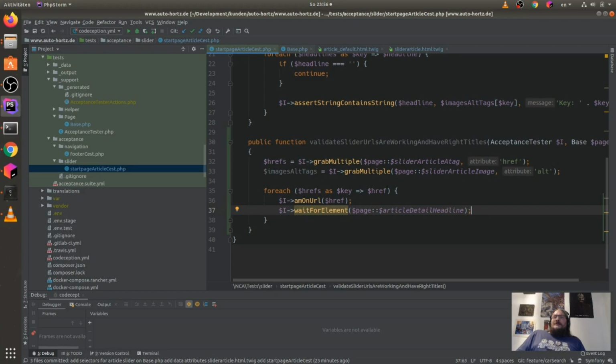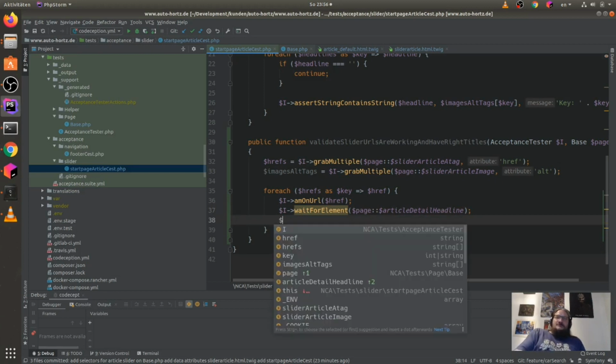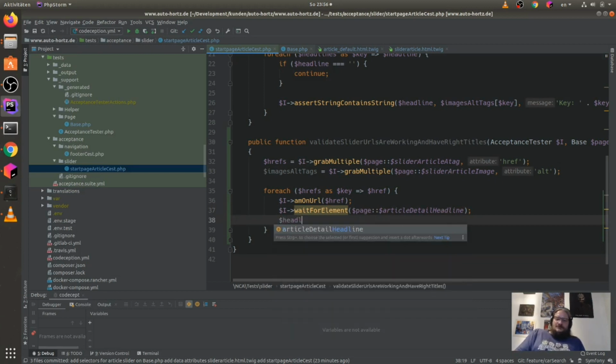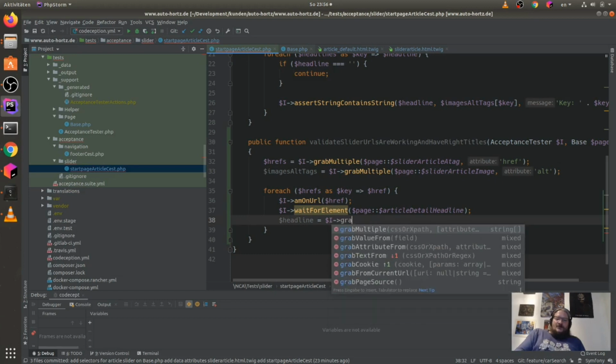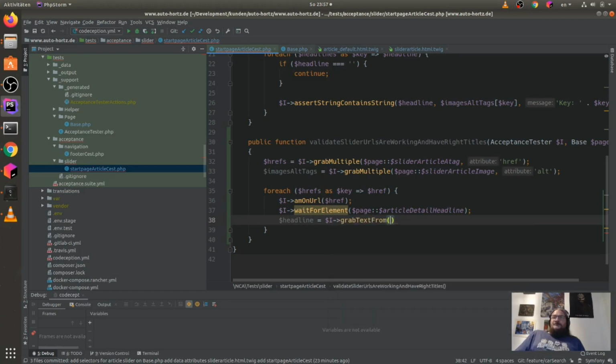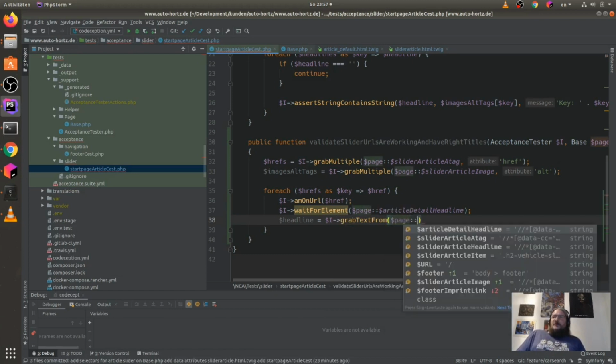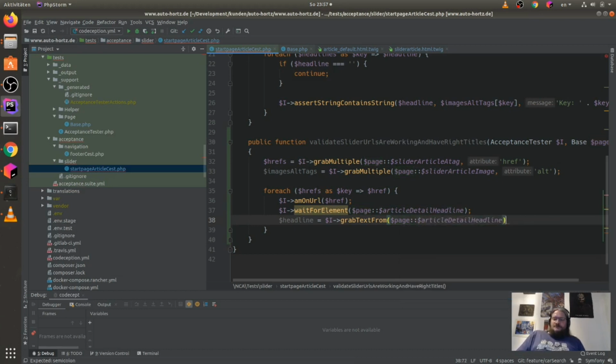We say that's the detail headline. Grab text from $page double point $article detail headline is the same as on our images alt text.